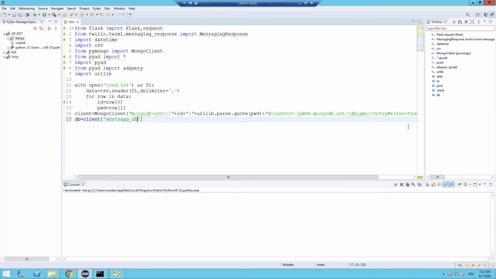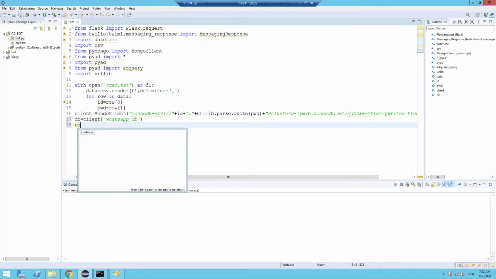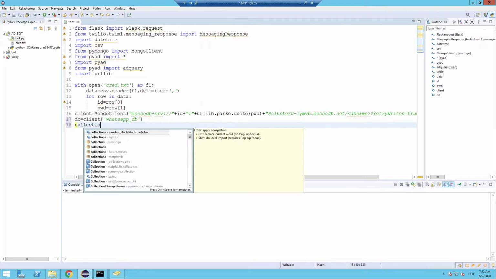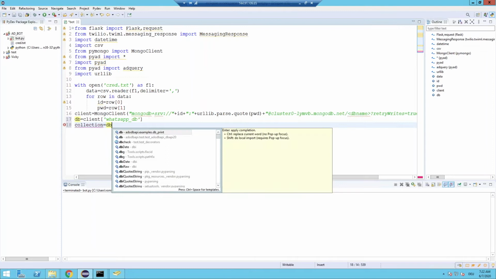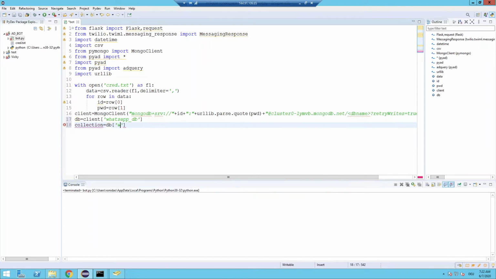You can make this dynamic as well, that doesn't matter. We have one database and multiple collections. The collection is our main collection, so I'm giving it this connection: DB, and inside that the collection name is also WhatsApp_DB. So if you see it here,